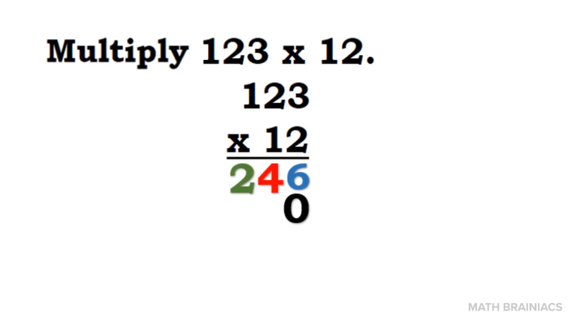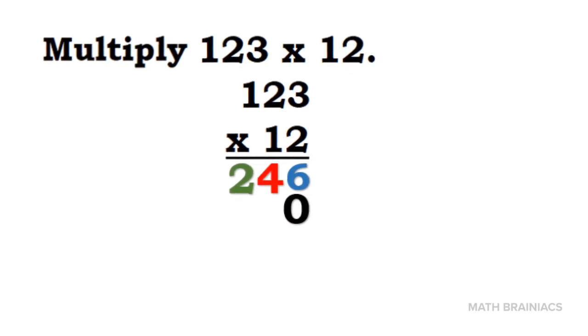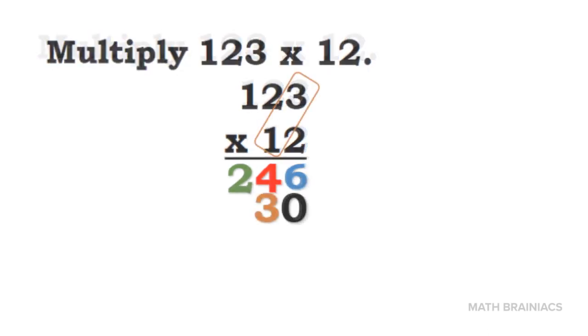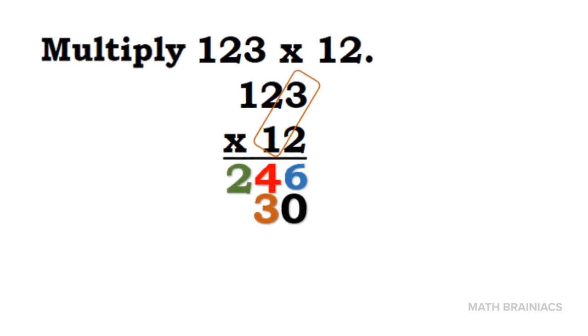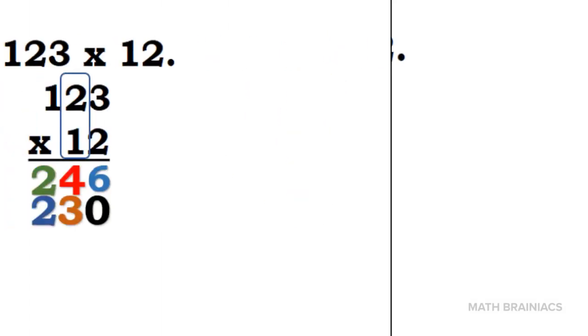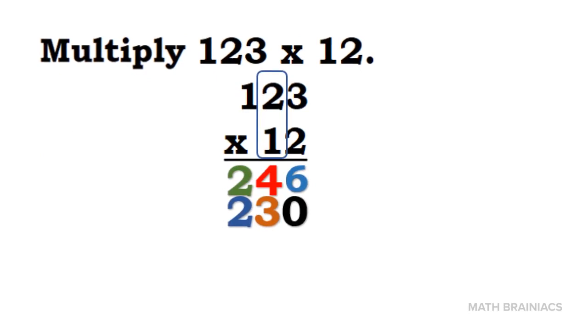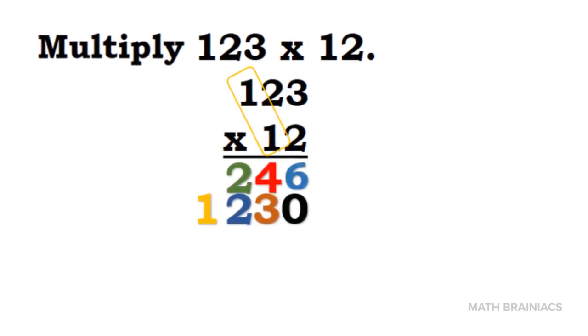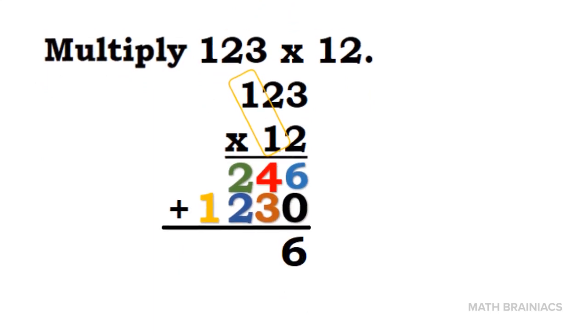Consequently, we finish working on the ones place value of the multiplier. We can move now to the tens place value. Therefore, we can write 0 on the ones place value of the answer. After that, 1 times 3 is 3. 1 times 2 is 2. And 1 times 1 is 1. Adding the product,